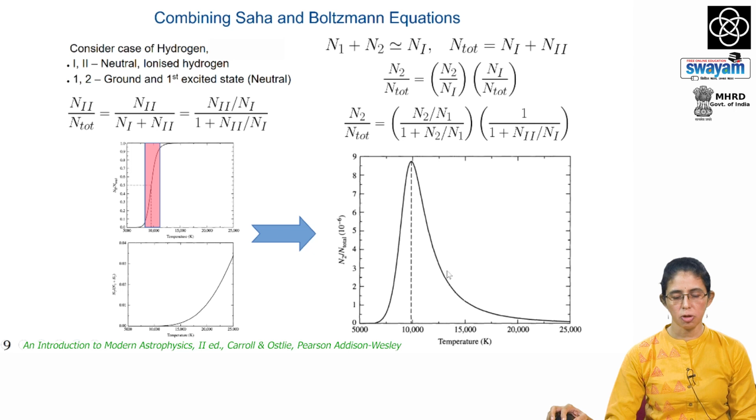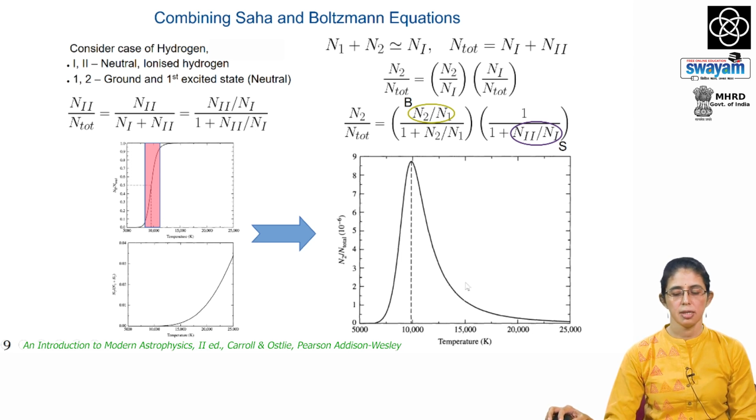And to get this plot, one uses N2 by N total, which is given by a combination of these two terms. One can see that one needs to apply the Boltzmann equation to find the ratio of atoms in the first excited state to the ground state, as well as the Saha equations in order to calculate the ratio of ionized hydrogen atoms to the neutral hydrogen atoms. Using this, one can get the fraction of neutral hydrogen atoms in the first excited state as a function